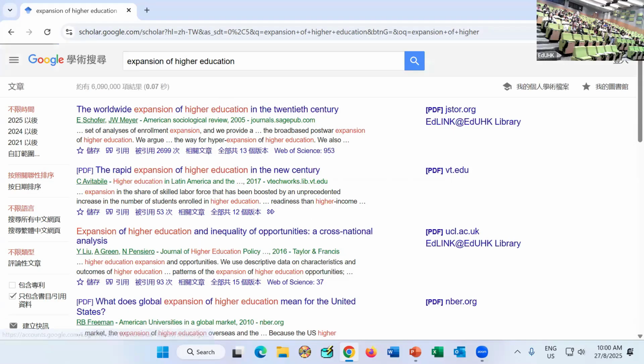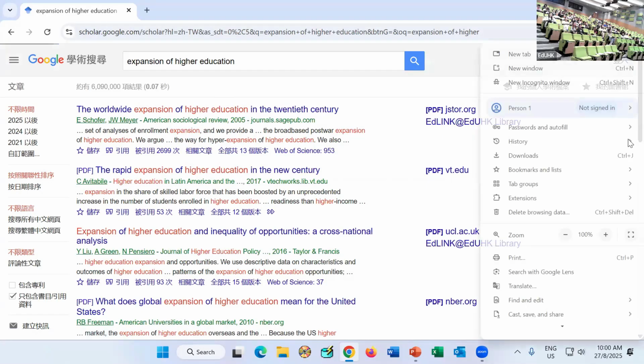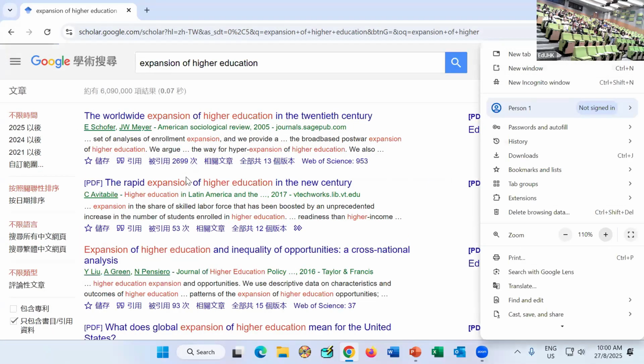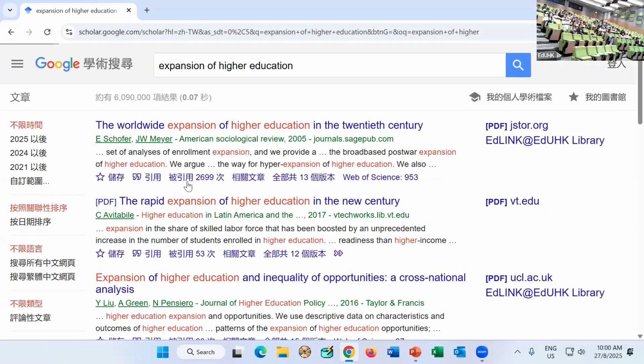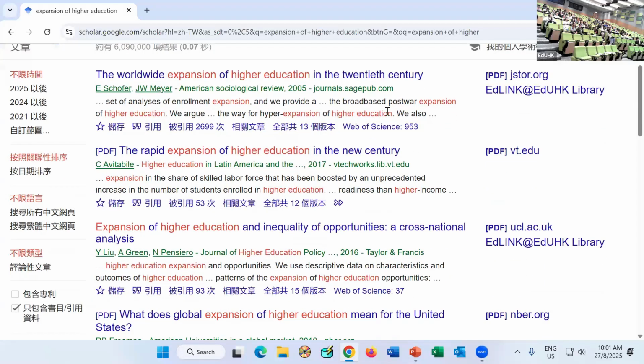Then one thing that you can check is the number of citations. And so I enlarge that. Can you see that? This part. Okay, this is in Chinese, and if I put it in English, they would use the word cited. How many times this article has been cited? So this is how you know whether this is probably an influential article. Of course, the more times that article is cited, the more influential it could be.